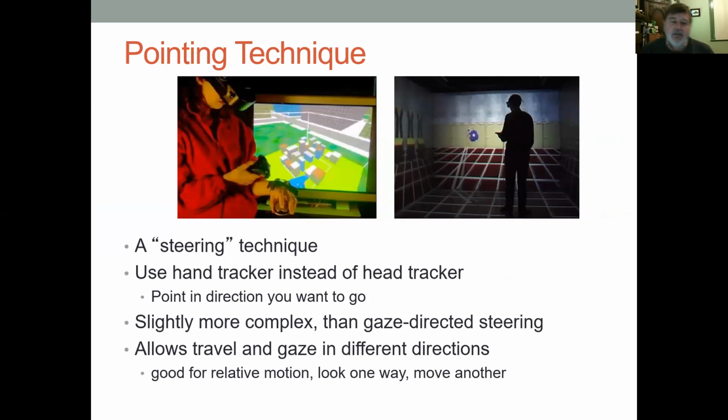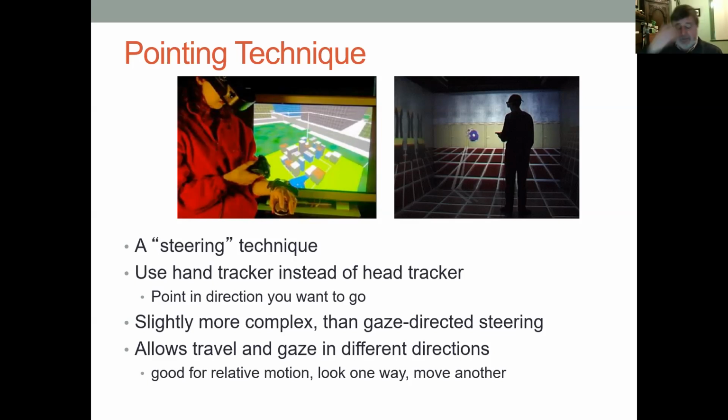So another thing that you can do is use your actual handheld device to indicate the direction that you're going to move. As I'm looking to the left, I can point this device in front of me, and then I can move in that direction. And as I change my hand, it allows you to change. It becomes quite complicated when you're trying to go somewhere and you're looking at something and you're moving your hand in slightly different ways. So full complete control,